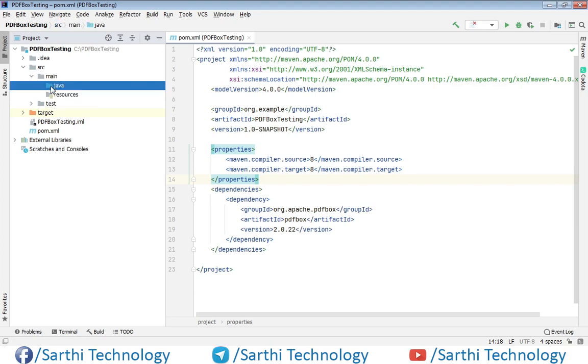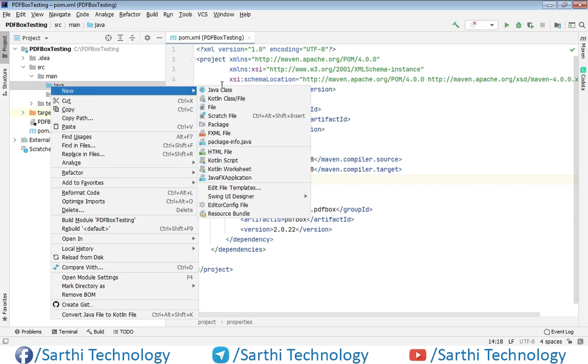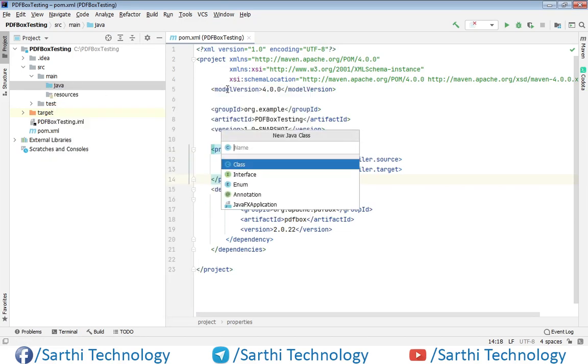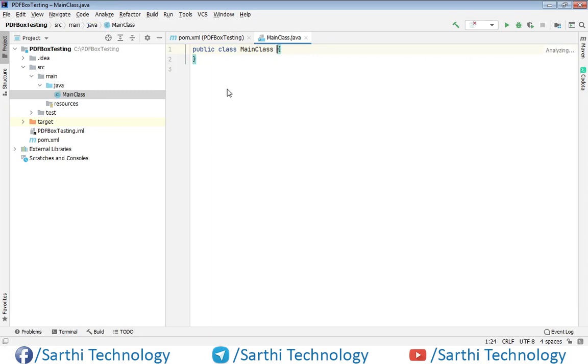Just right click here and choose new Java class. We will call it MainClass. Then press enter and it will create one Java class named MainClass, and here we need public static void main.